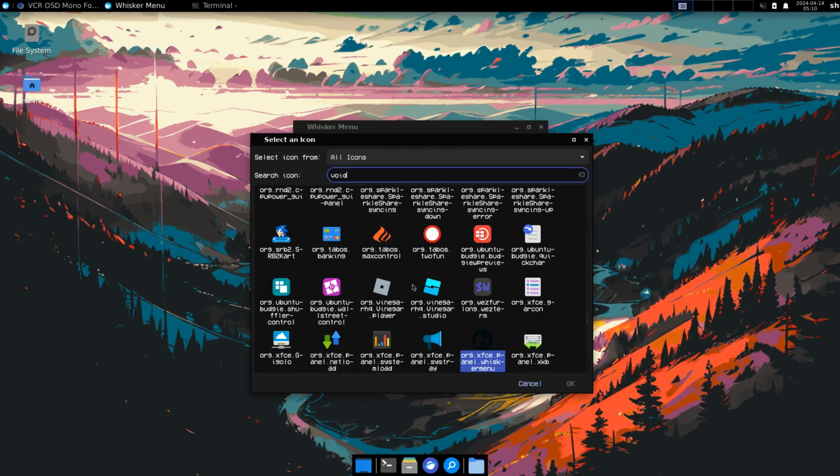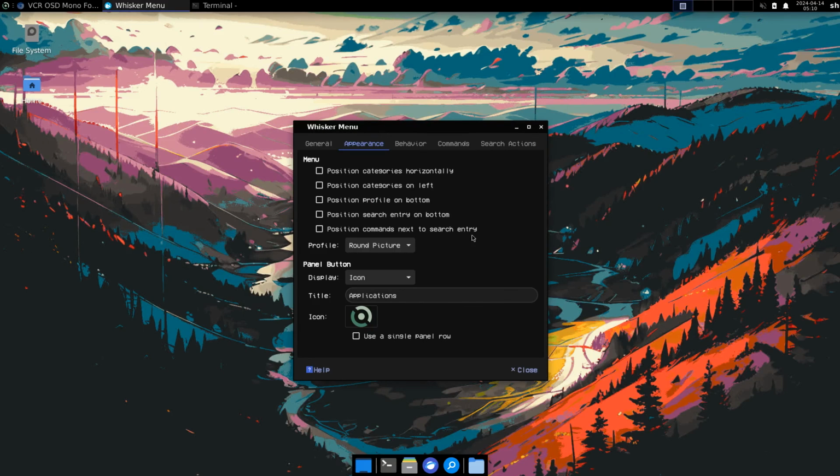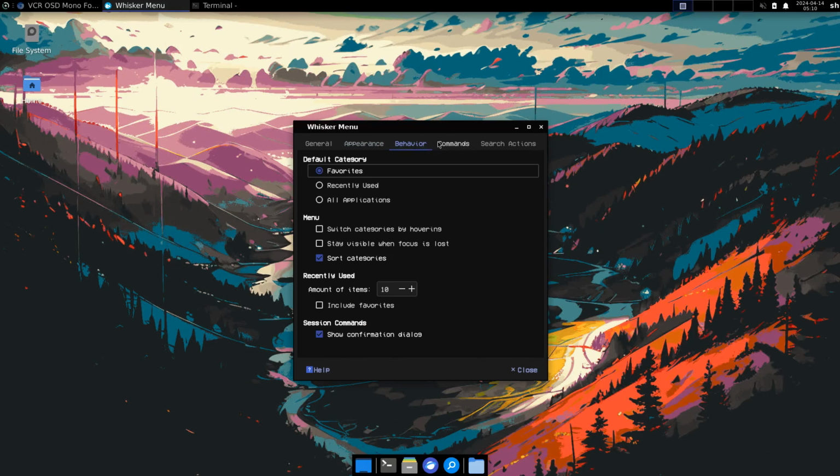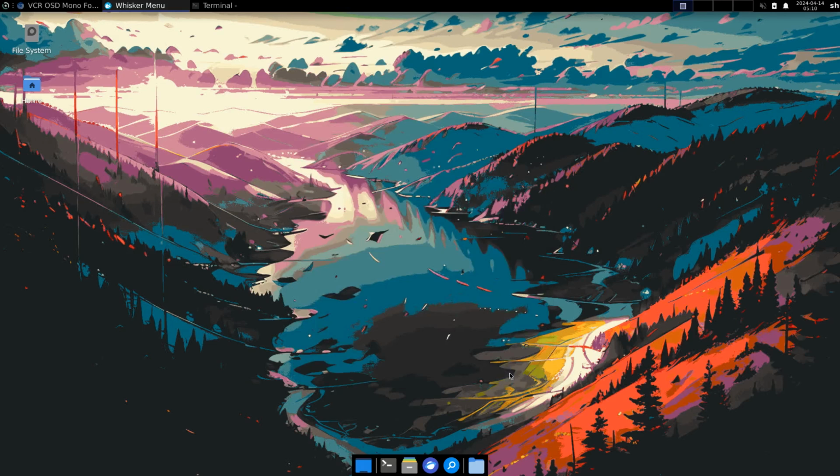Look for void. Use this one and okay. And not have a name or a title. Okay. I'm going to leave everything as it is. Save and